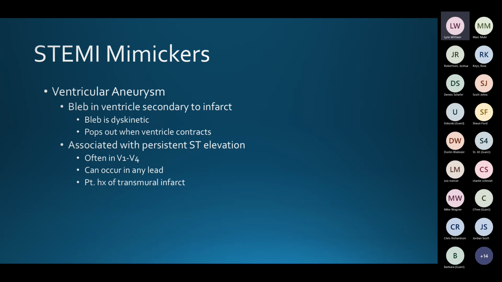It's like an aneurysm, and it bulges out when the ventricle contracts, and that disrupts the normal vector course through that ventricle. So what you get with it is persistent ST elevation